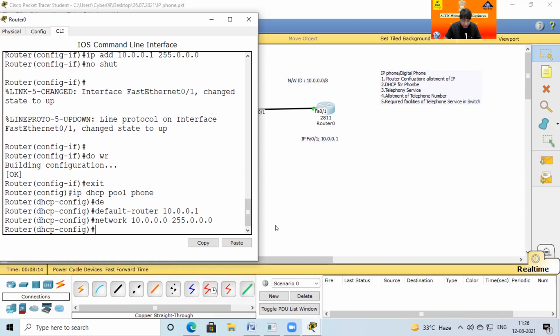Because if no IP address is reserved, my router will definitely allot each and every IP address to whatever is connected in the network. So here just use option 150 IP. That means I just tell the router that it doesn't matter how many IPs, you only allow 150 IP. Option 150 IP.